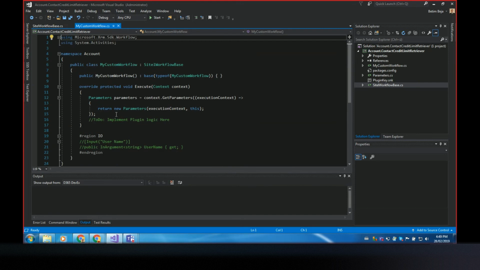One thing that a custom workflow has more than a plugin is that we can specify the input variables,